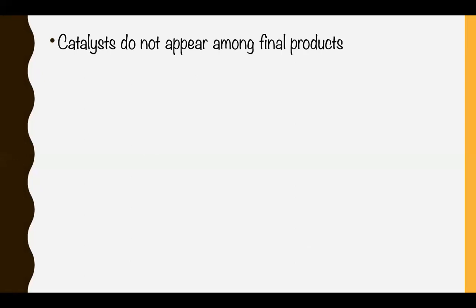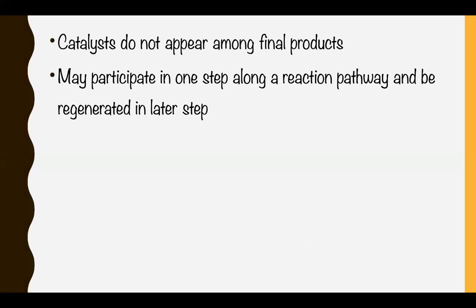Catalysts do not take part in the reaction, so they do not appear among the final products. Some catalysts may participate in one step along a reaction pathway and be regenerated in a later step. So they might be temporarily used, especially if you're talking about a chemical catalyst. It might provide that shortcut through the reaction mechanism and be an intermediate, but it gets regenerated, so it's not